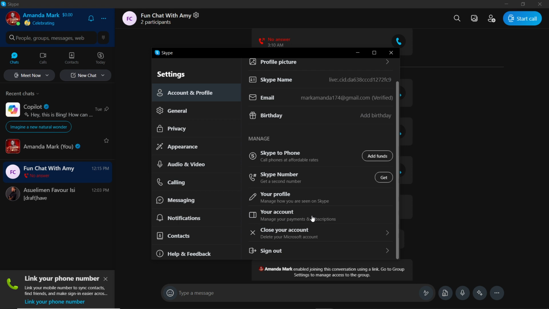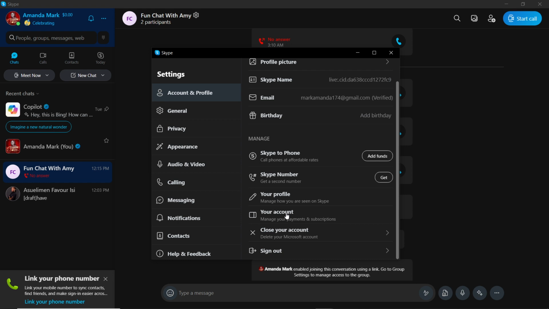Your Microsoft account is going to sign you out of Skype entirely and take you right into Microsoft, where your Skype account will now be integrated into your Microsoft account. Now, when you created an account on Skype, of course, you must have created a Microsoft account. So Skype is integrated into Microsoft because Skype is a product of Microsoft. So once you click on this, your account is going to take you right into Microsoft. And from Microsoft,